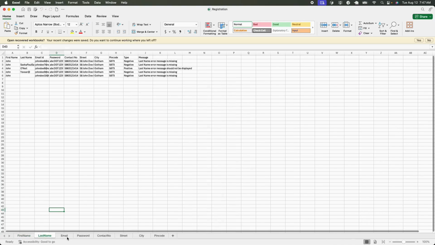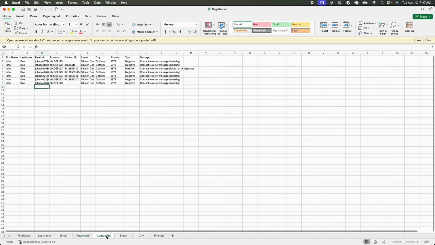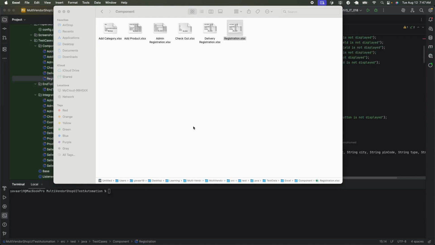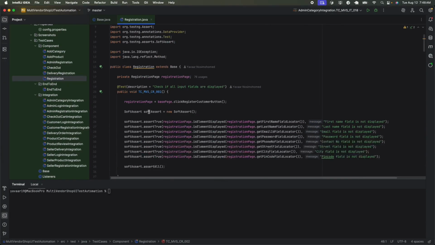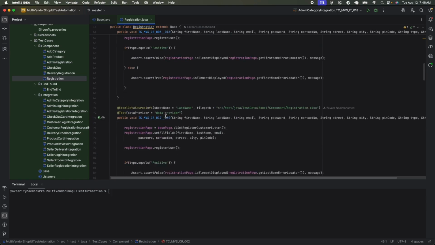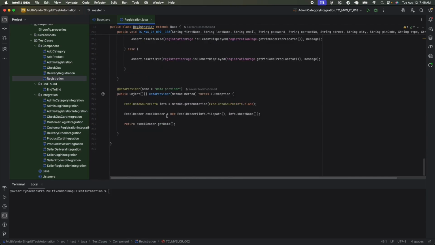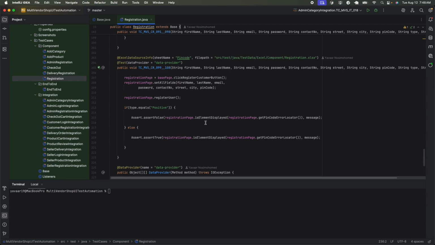This is for first name, last name, and this sheet would actually be testing the first name field. This is going to be the last name, each sheet, okay, and I would use the data provider. This is a data driven test, okay, if you're not familiar. I would use data provider, and what that does is it's going to basically access the Excel sheet and you return it as a two-dimensional array, and it's gonna run the test. Okay,